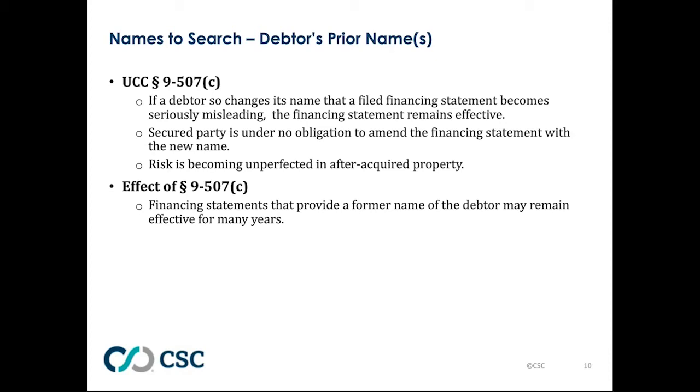So part of a diligent search is always going to require an inquiry into the name history of the debtor, and then a search under any prior names under which records could be filed. But it's not just a change of the name that could be an issue. If the debtor has ever been involved in a merger or acquired other companies, then under section